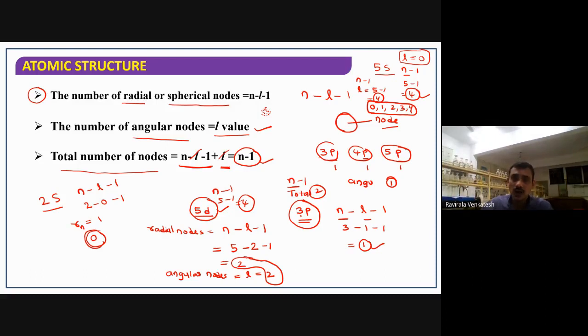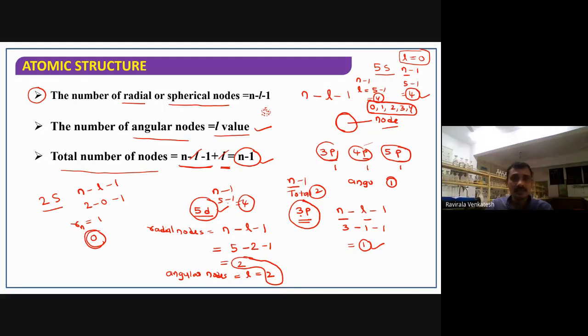You do one thing. You watch again the azimuthal quantum number video, you will get clarity. If you have any doubts regarding this, you get that by watching that video on the azimuthal quantum number. So the total number of nodes, don't take as the l value. The formula looks the same, but the condition is different for that formula. n minus 1 we write for how many l values are possible. The formula looks the same, but you can't say l is equal to 0 here.